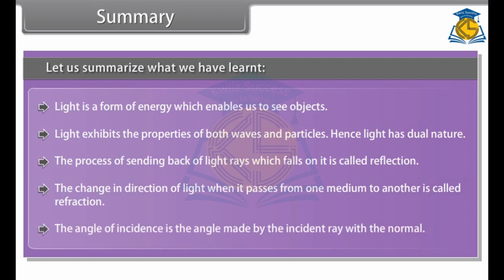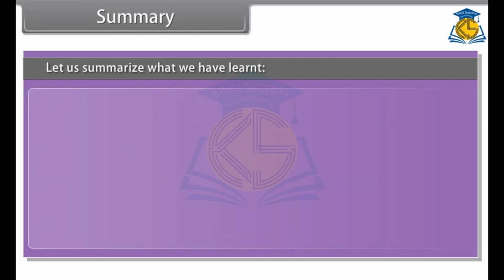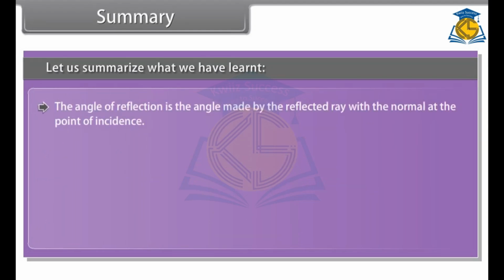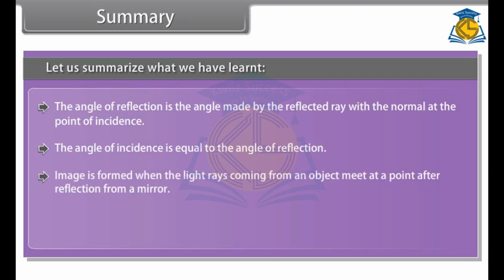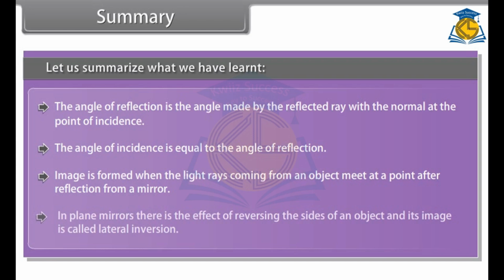The angle of incidence is the angle made by the incident ray with the normal. The angle of reflection is the angle made by the reflected ray with the normal at the point of incidence. The angle of incidence is equal to the angle of reflection. Image is formed when the light rays coming from an object meet at a point after reflection from a mirror. In plane mirrors, there is the effect of reversing the sides of an object and its image is called lateral